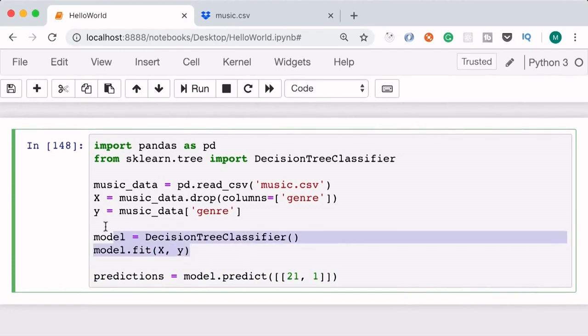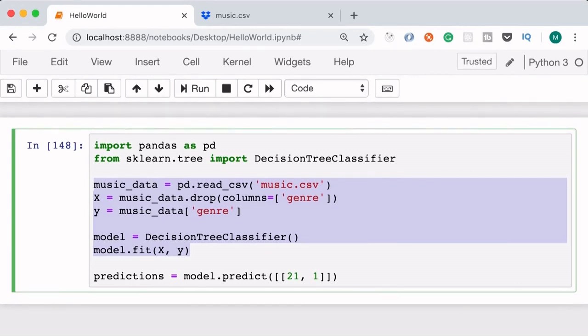Now, this piece of code that you see here is not what we want to run every time we have a new user or every time we want to make recommendations to an existing user, because training a model can sometimes be really time consuming. In this example, we're dealing with a very small data set that has only 20 records. But in real applications, we might have a data set with thousands or millions of samples. Training a model for that might take seconds, minutes, or even hours. So that is why model persistence is important.